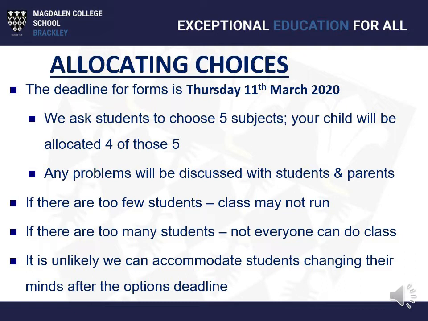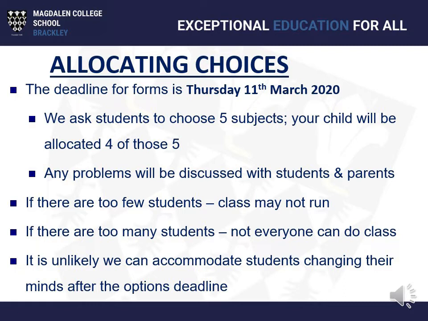For example, if 93 students chose history, for example, as their number one choice. Our maximum class size is 30. There'll be 3 students who couldn't join those classes. And my task then would be to look at the combinations of subjects and work out what combination means that most of those students can choose 4 of their 5.